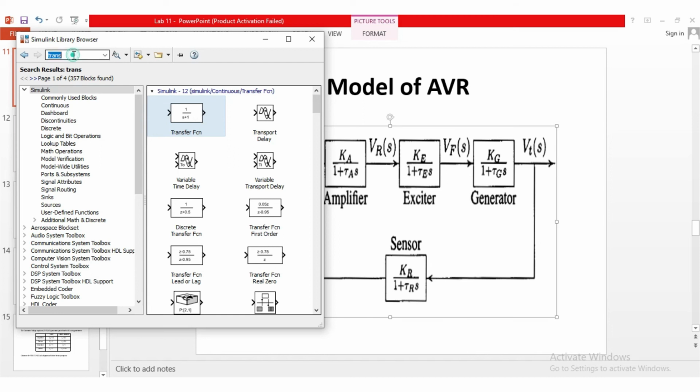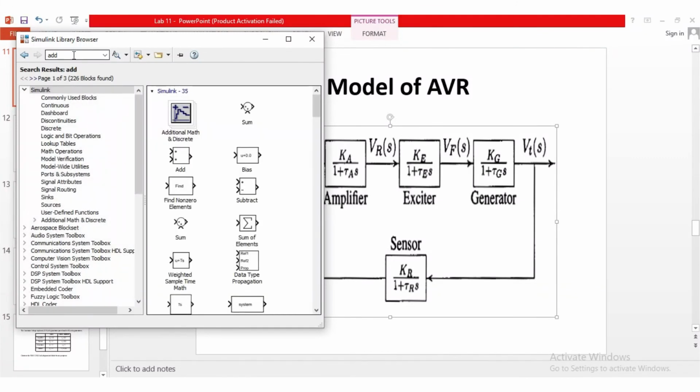After that we will need a sum block or add block. We will write add in the library, and by writing the add command we will get the add and sum blocks. We will use this sum and add it to our model. After that we will need a scope to see our output.